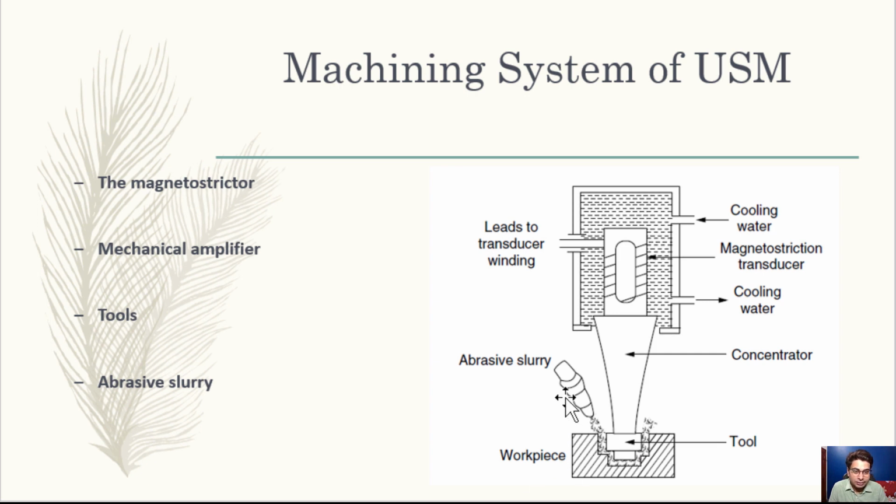Now, the abrasive slurry, which is being fed into the cutting zone. The abrasive slurry is usually composed of 50% by volume of fine abrasive grains of boron carbide, aluminium carbide or silicon carbide in 50% water. The abrasive slurry is circulated between the oscillating tool and the workpiece so that the abrasives can get into the machining zone and take part in the machining action.